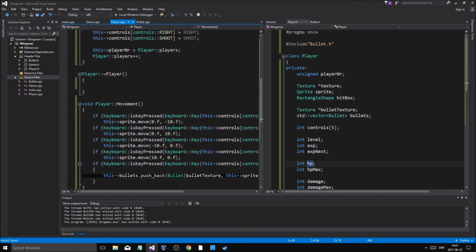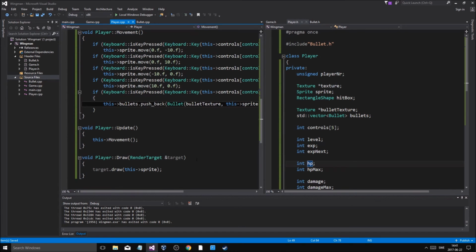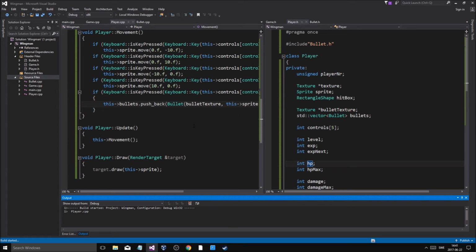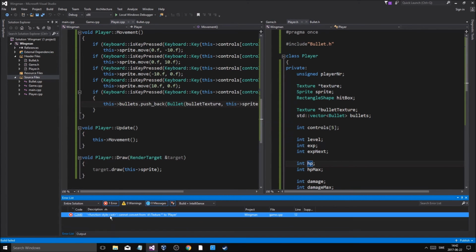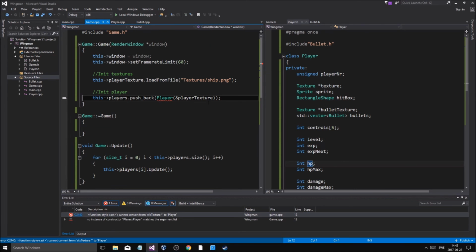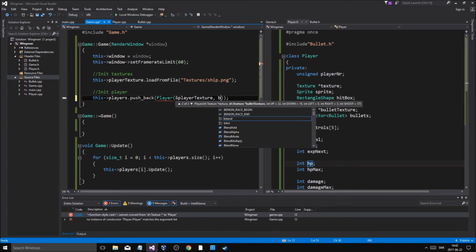So that's just going to create a bunch of bullets. And okay, let's see if this works. Not working. Player pushback player. Oh wait, bullet texture,